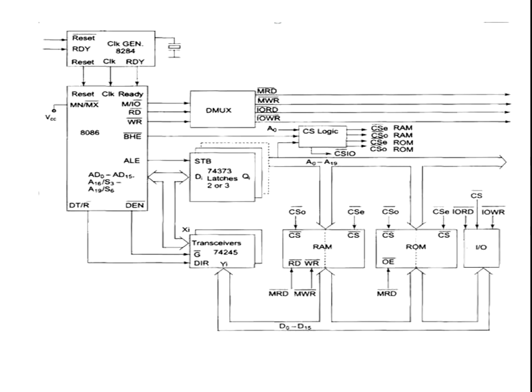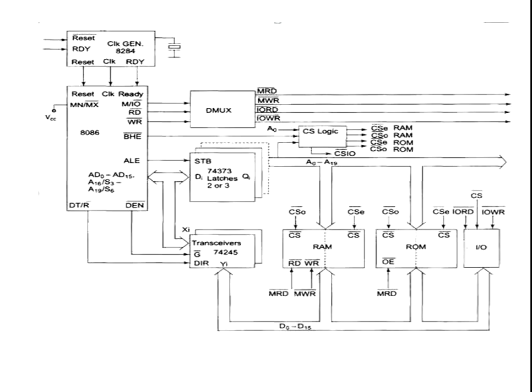Then the system contains memory for monitor and user program storage. Usually EEPROMs are used for monitor storage while RAMs are used for user program storage. A system may contain I/O devices for communication with the processor as well as some other special purpose I/O devices. On the top we can see the clock generator. The 8284 generates a clock from the crystal oscillator and then shapes it to make it more precise so that it can be used as an accurate timing reference for the system. The clock generator also synchronizes some external devices with the system clock.